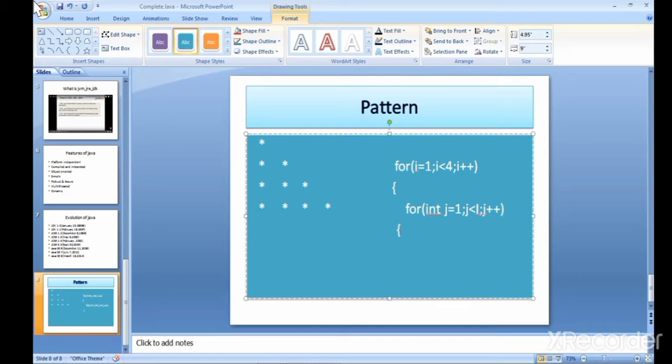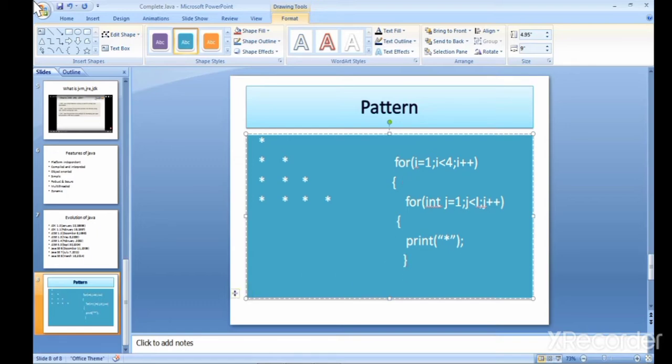After this we are going to print star, and println.